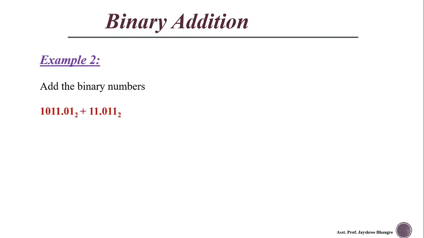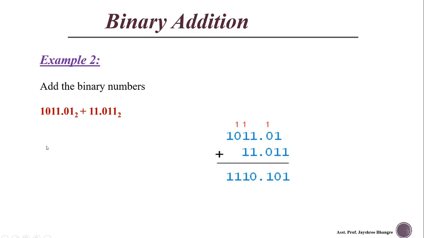So another example for the binary fractional numbers. If we want to add these two fractional numbers, addition is performed in a similar way as in the previous example. Starting from the LSB, here no bit is present, that means it is 0. So 0 plus 1 is 1. 1 plus 1, sum is 0, 1 carry. So 1 plus 0, the sum is 1, no carry generated.